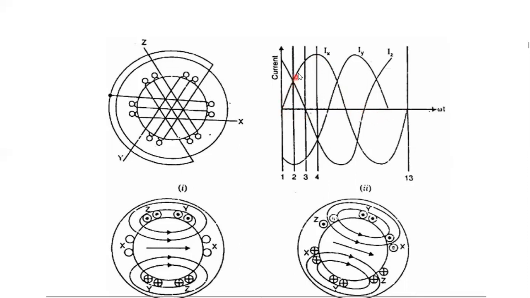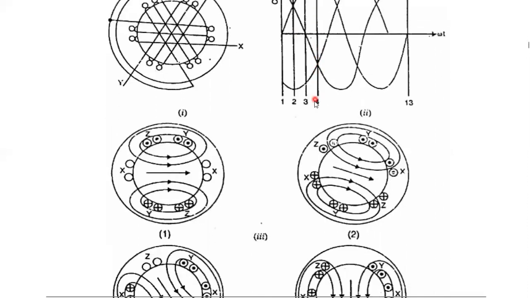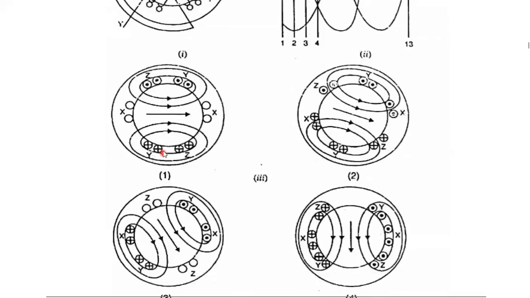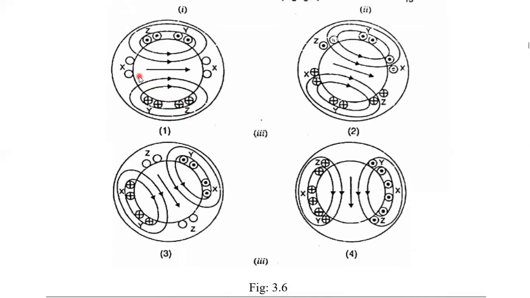The total cycle in phase X is like this. Half cycle is here, and the quarter cycle is here, which is 1/4 of the cycle. For a quarter cycle, the field rotates 90 degrees. Am I right or not? The field starts at omega t equal to 0. That is called instant 1, and this is the field direction. That is the starting point, with the field in this direction.